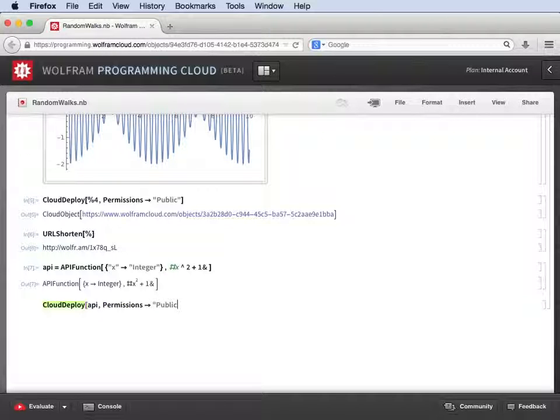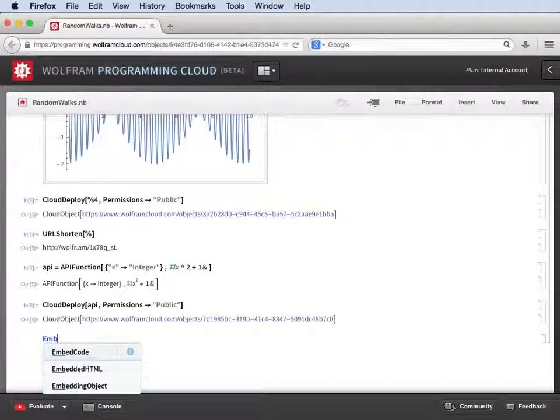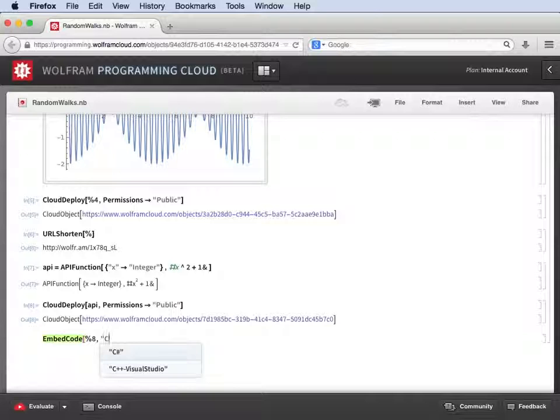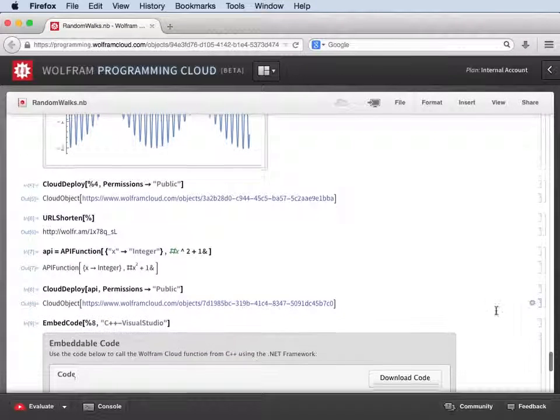And I can also control whether the result is returned as plain text or in some richer format such as JSON or XML. I now deploy it just as I did before, and this new URL that is created can be called from another application right away. There's still work to do to make the correct call from that other application, but we've helped with that step too. Since the API function is a full symbolic representation of the arguments and return types, it can be used to generate a snippet of code to paste into my application.